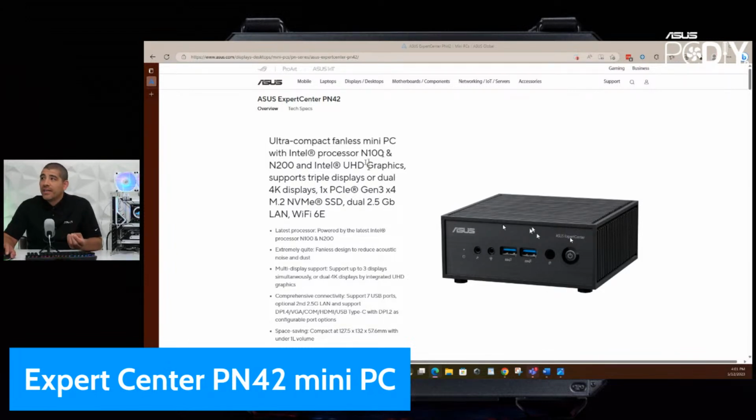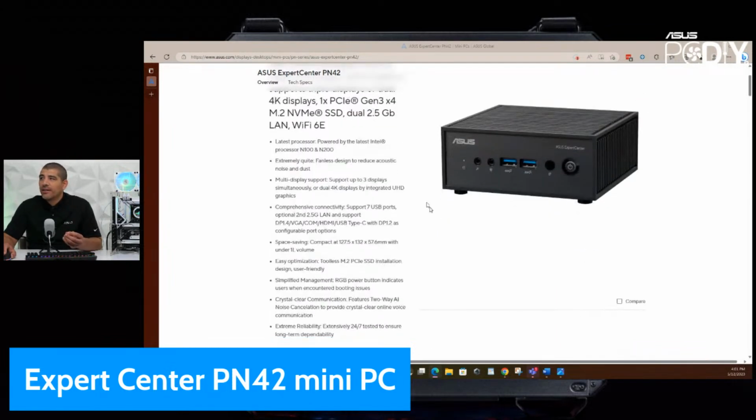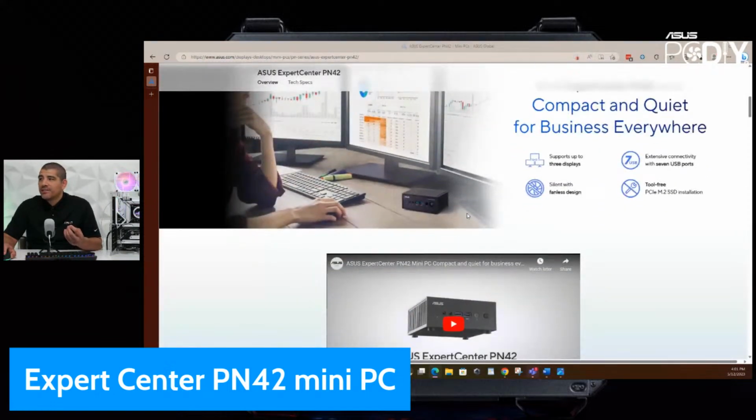There's two variants. You have the N100 and you have the N200. The models that we're initially going to be offering are going to be the N100. But that N100, like I said, is still going to give you 4 cores of that Alder Lake architecture that's going to be present in there,